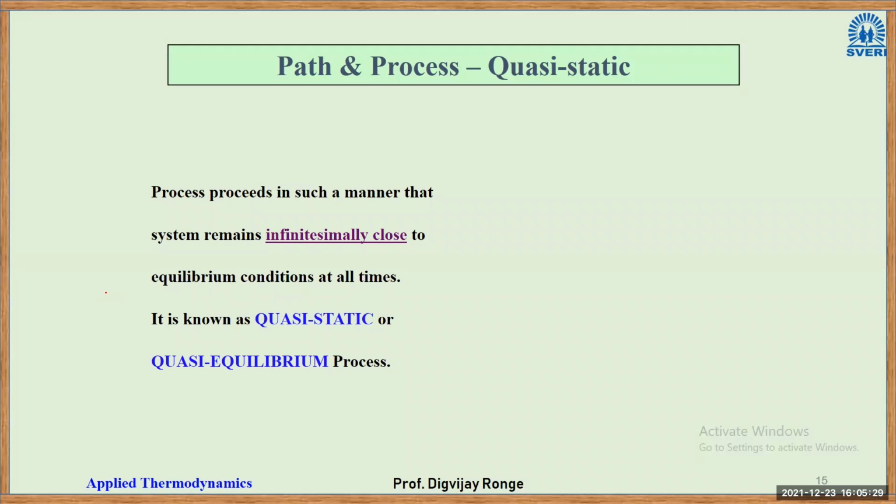It is a far slow process, right? It seems as if at every point the system is in equilibrium, right? So it takes place at a very small pace. That is why we are calling it quasi-static. It is known as a quasi-static or quasi-equilibrium process. It is a very special type of process. Processes take very much time to change from state 1 to state 2. So it seems to the observer that equilibrium has been achieved at every point, right?